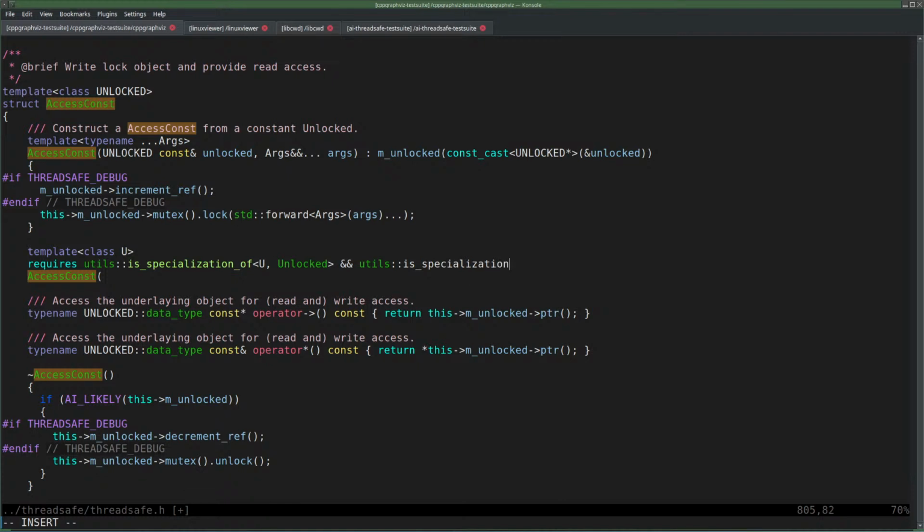Specialization of unlocked is a specialization of unlocked base.